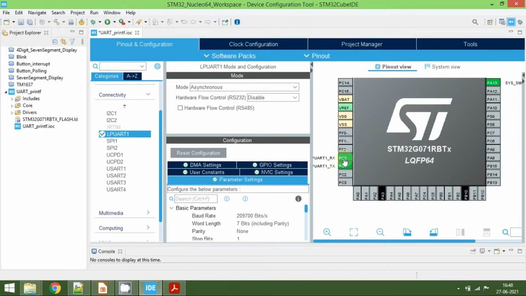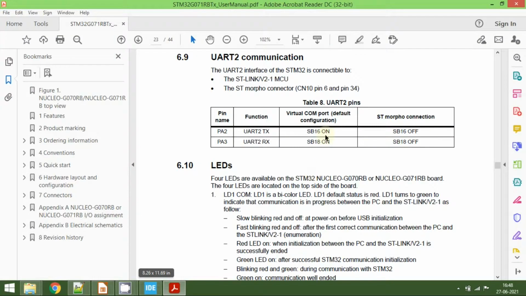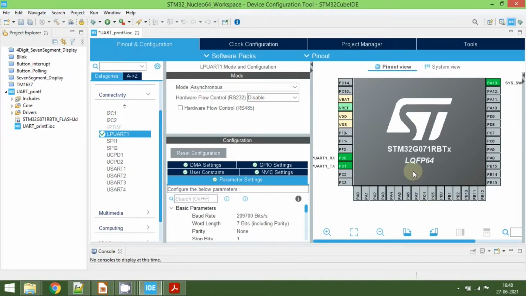The first one is PA3 and the other one is PB10. But if you look at the data sheet, we need PA2 and PA3. So now go to Cube IDE and then remap these functions to PA2 and PA3. Just press the control and drag and drop the pins. And then similarly for UART TX, that should be connected to PA2.